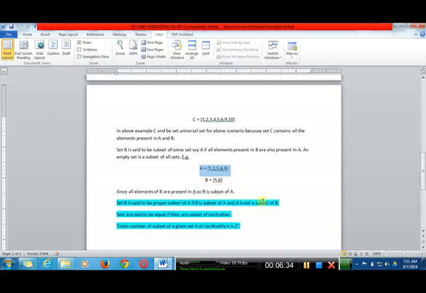For example, power set of A will be the empty set, sets containing only one element among these, sets containing any two elements among these, sets containing 3 elements, 4, and up to the cardinality of this set. So for simplicity, to remember this, the total number of subsets of a given set of cardinality n will be 2 raised to the power n.